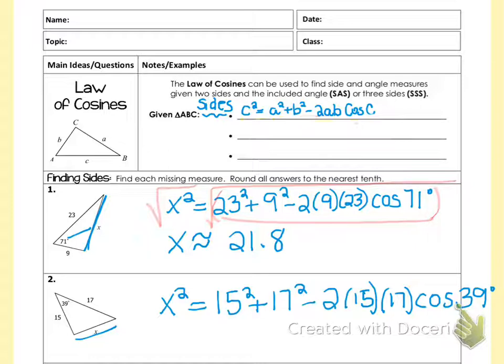The cosine of something like that is going to be a negative number, and then that's going to end up being subtracting a negative here off the end. So this whole thing will be negative, this stuff right here will be a negative number, so it will be minus a negative, which makes it a plus. So then we'd be adding on to the 15 squared plus 17 squared to make it a longer length side. So again, that's kind of how it takes the Pythagorean theorem as a basis and extends it out to other